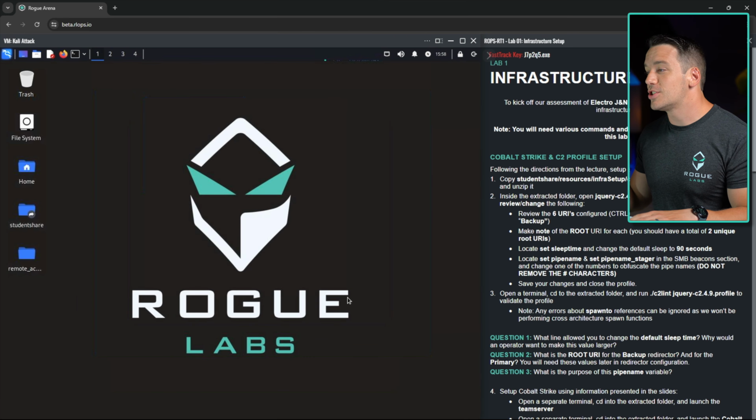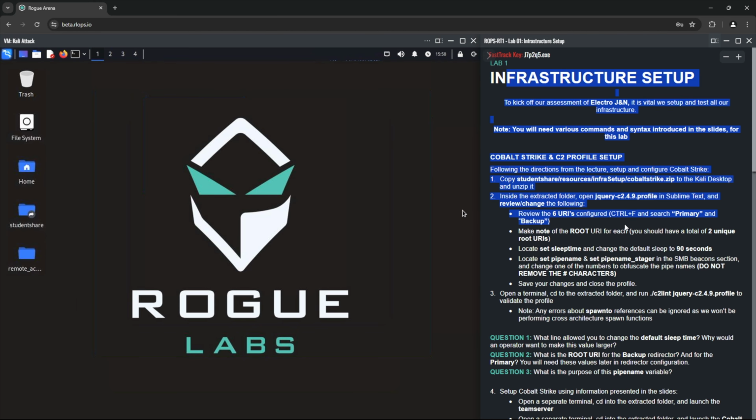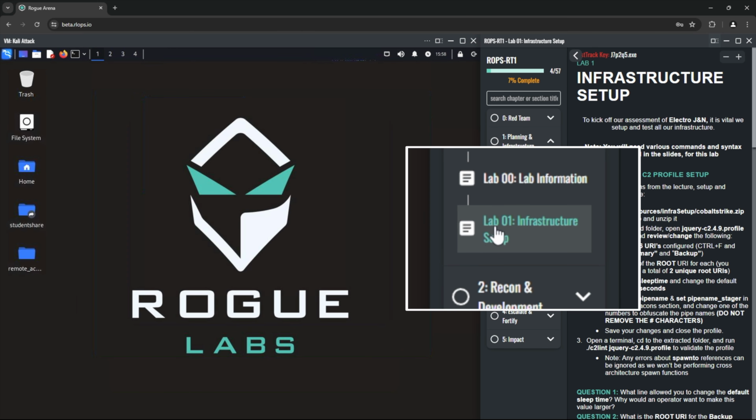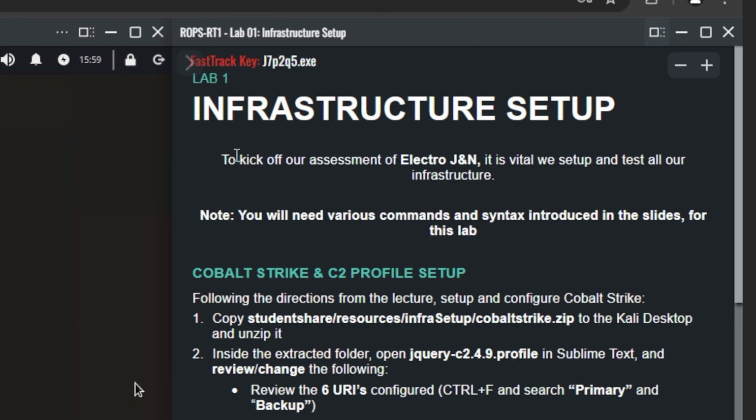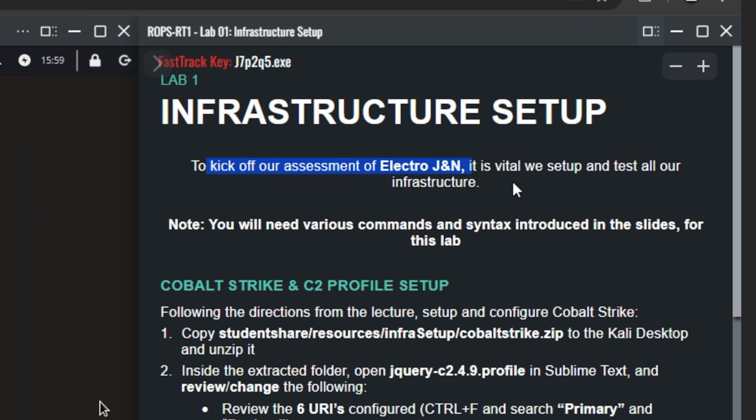I have my Kali machine already open. This is our lab right here in our Rogue Arena curriculum viewer. As you can see, I'm on Lab 01, infrastructure setup right here. Let me get that closed up. So we're gonna start at the top and kind of work our way down the bottom, answering all of these questions as we go. Now the lab says to kick off our assessment of Electro JNN, we need to set